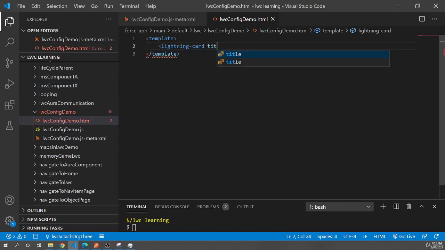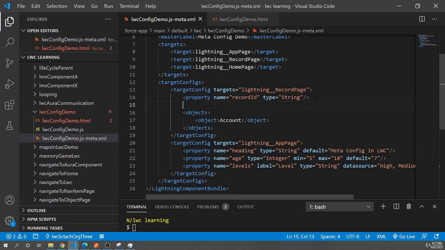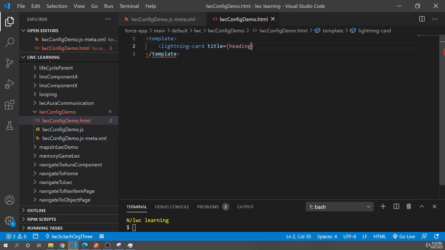I'll say title, and I want the title to come from the parent. And which file can pass me the heading? I'll say this heading should come from here, and I'll copy this and paste it here as well. I want the heading to come for both the pages, whether it's a record page or an app page. So I can say heading will come from the parent,